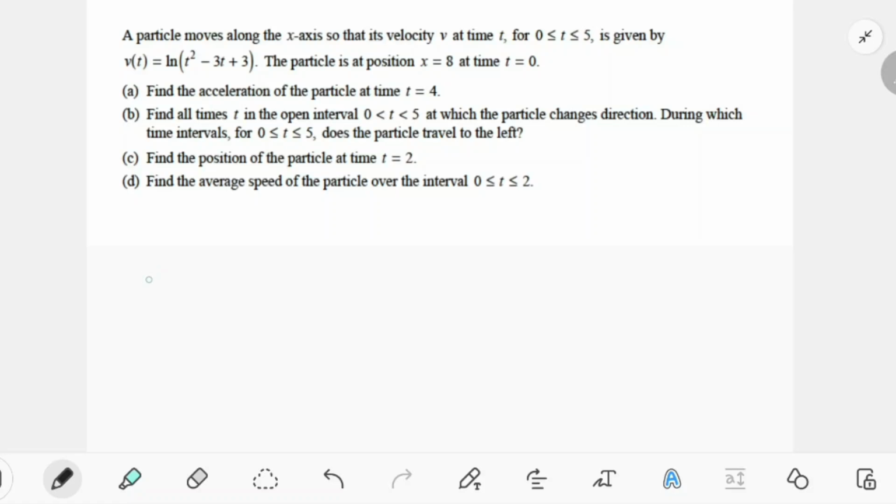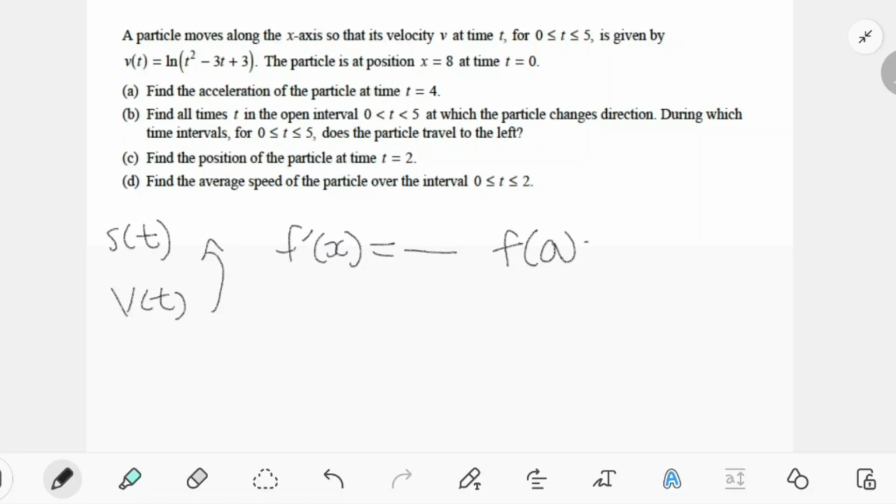Knowing the fact that the integral of the velocity function is the position function, we can solve for the position using v of t that is given. We will do so by defining s of t using the integral of v of t. Suppose you are given a function for f prime x and an initial condition of f of a equals b. Then the y value of f at a specific value x would be b plus the integral of f prime t